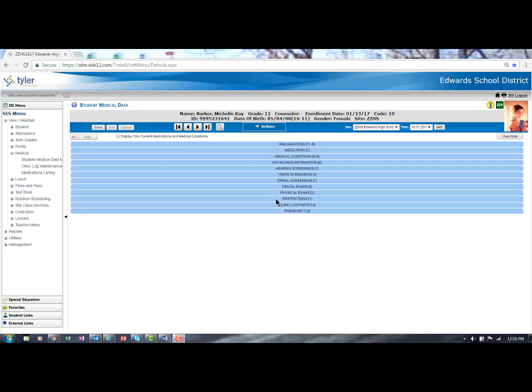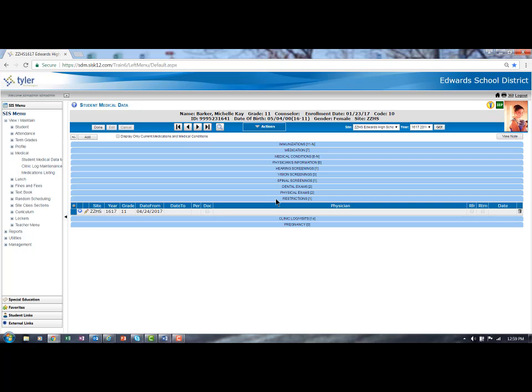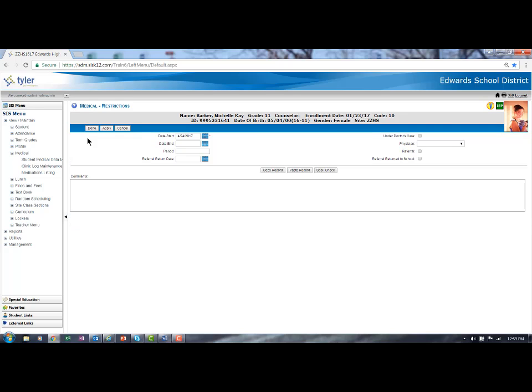To enter restrictions, expand the area and click Add. The Medical Restrictions screen displays. Enter the date range for the restrictions and any applicable periods in the student's day that the student is restricted